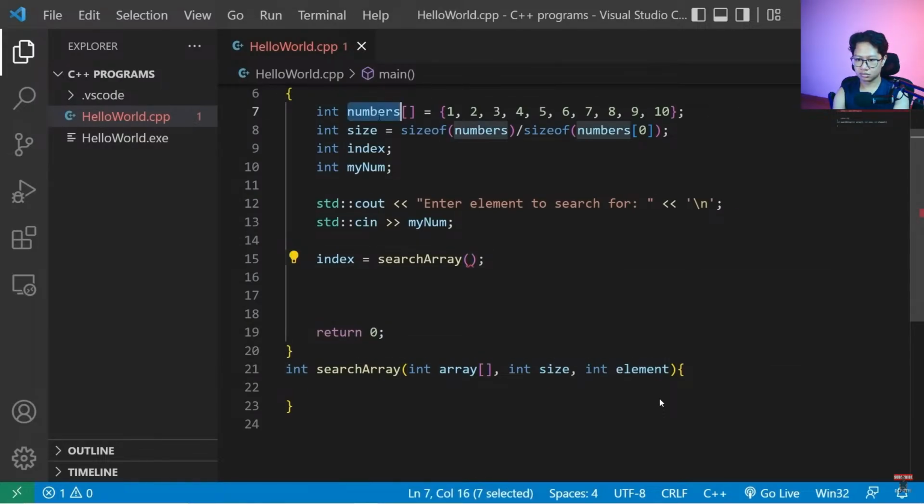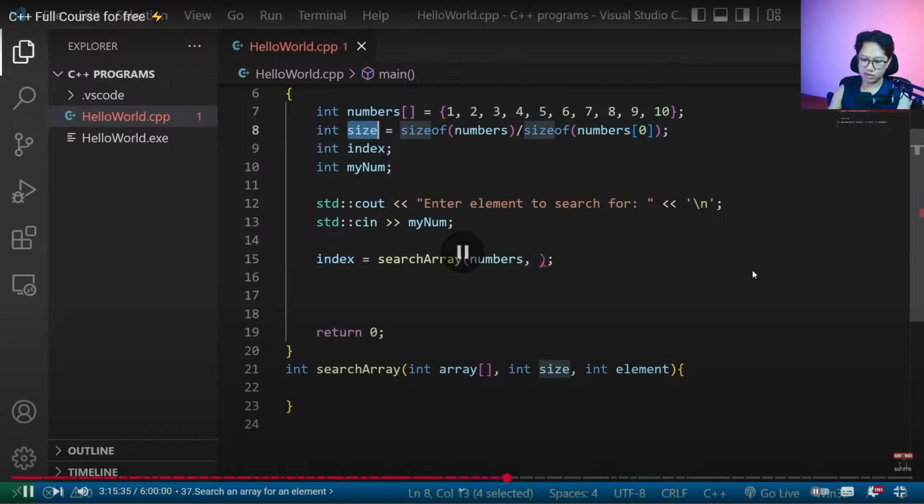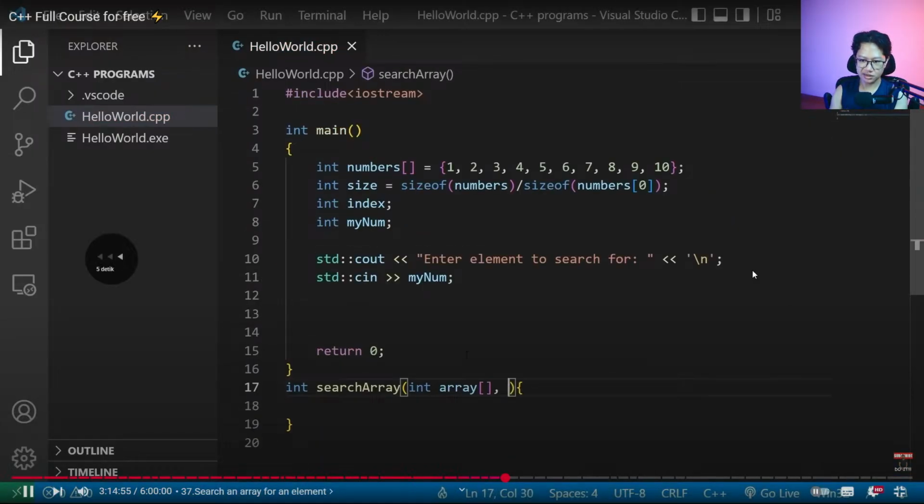We'll pass in our array numbers, the size of the array that we already